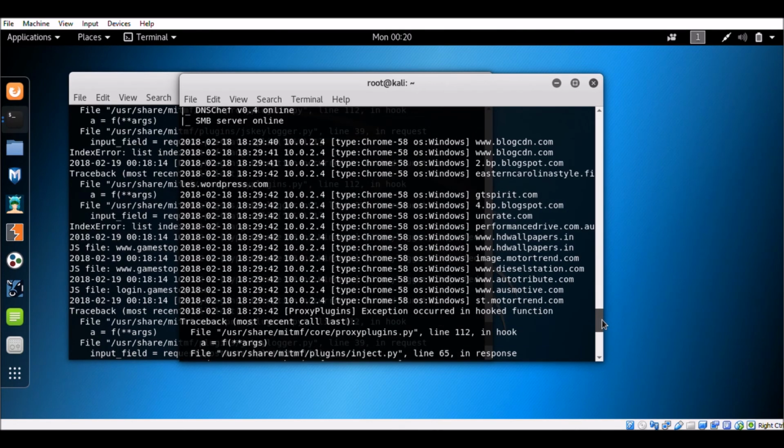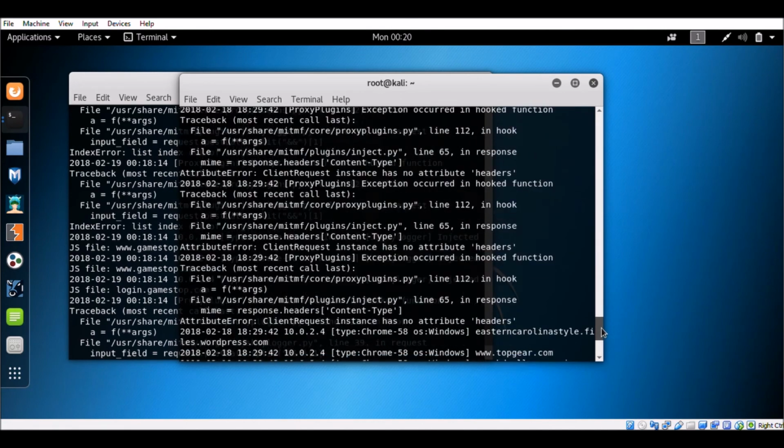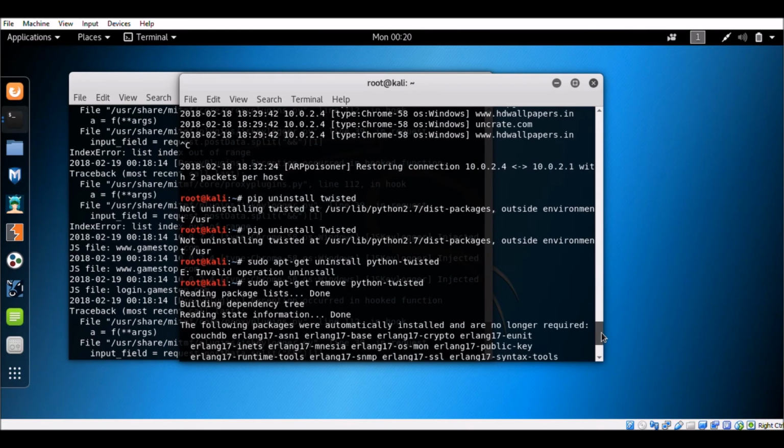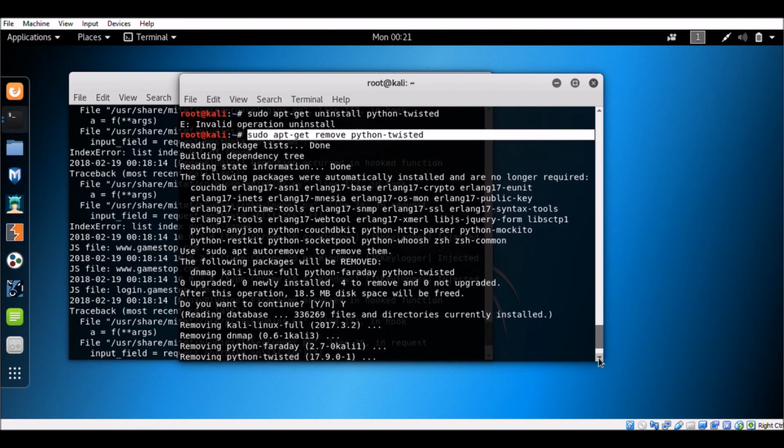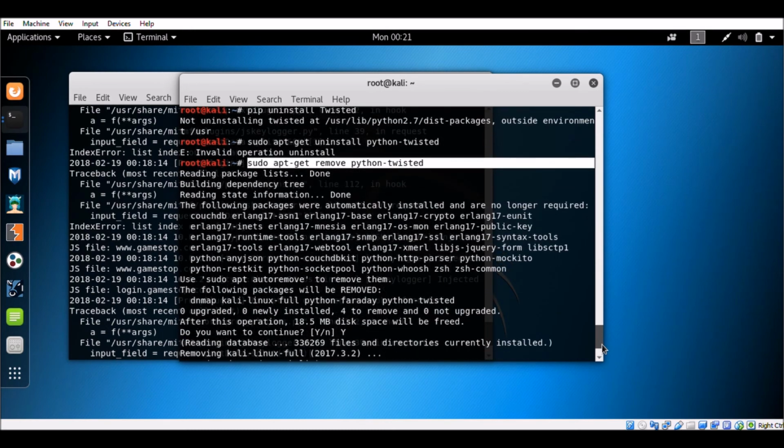So let's look for the code that you have to put. Here it is. So if you find this problem on your computer when you're doing this, just go and type this. Sorry, instead of uninstall, it's remove. You type this, and then it's going to run all of this, and it's going to ask you if you want to continue. You're going to press Y for yes, and then it's going to run. And after it has been uninstalled,